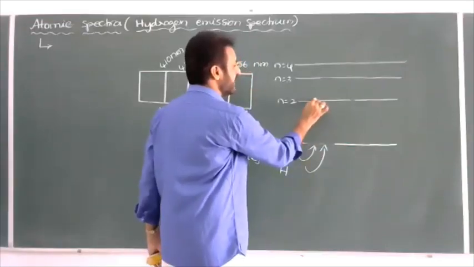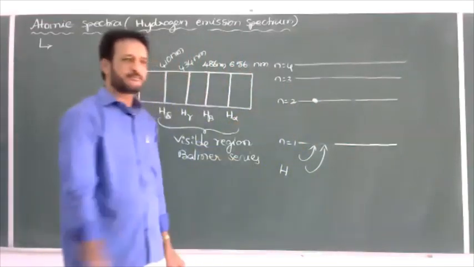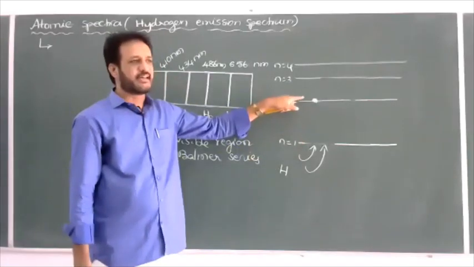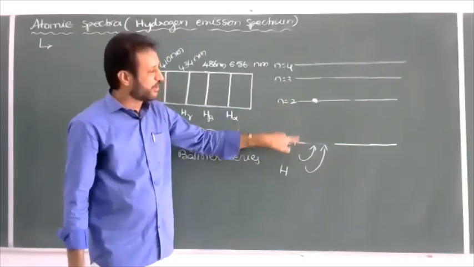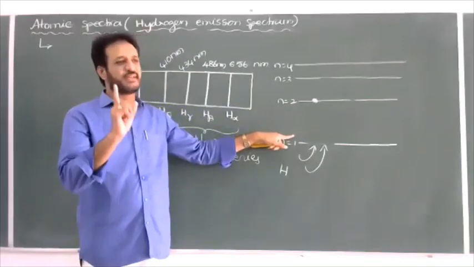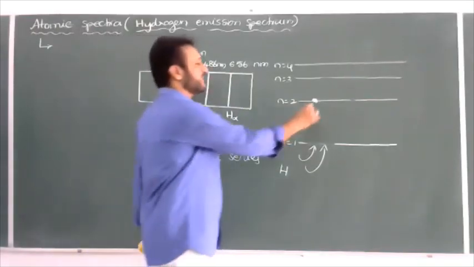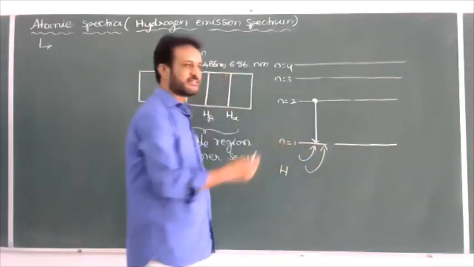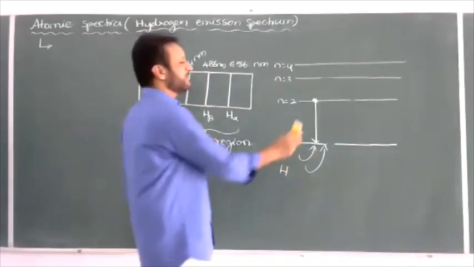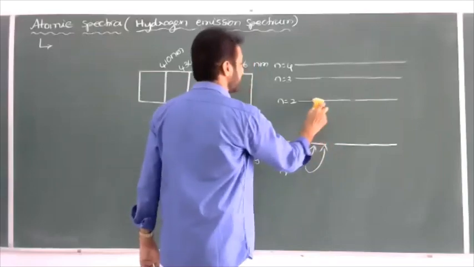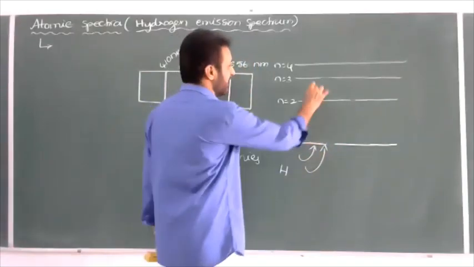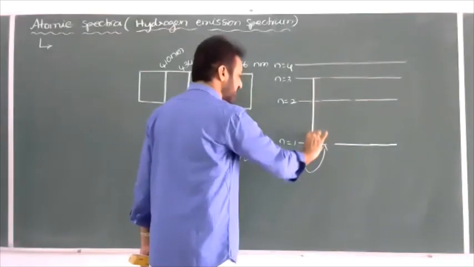While returning back, how many spectral lines are possible? Electron excited from the first orbit to the second orbit. While returning back, how many spectral lines are possible? Only one. In one way, the electron can jump from the second orbit to the first orbit. Other possibilities are not there. For example, at the time of excitation, the electron does not jump from the first to second. The electron absorbs energy and jumps from the first to the third orbit.